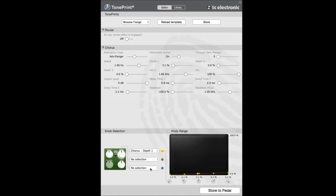For the third knob, the tone knob, we've got two settings. I've actually missed the top one there and put it on the second and third settings. It doesn't really matter, but they're slightly different curves depending on whether we're doing the feedback high cut or the main signal, the chorus high cut. So let's have a look at those. With the feedback high cut, the red line